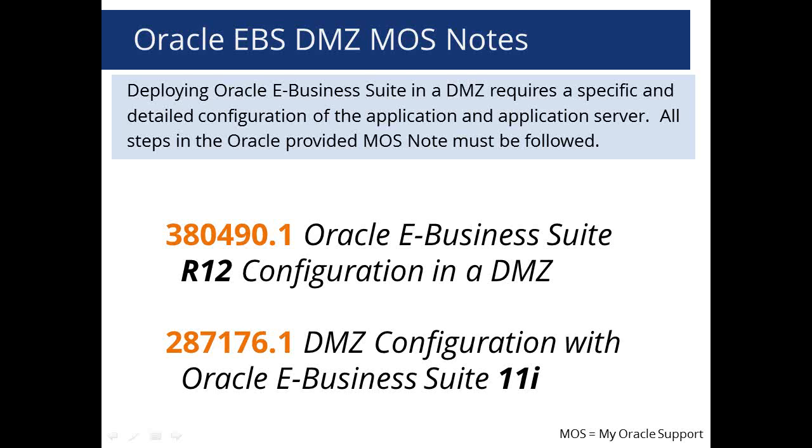In 11i, all those web application frameworks still exist. So you have to be careful you don't expose something that's older in the application because it's still there. Oracle doesn't remove a lot of those pieces when they're actually installing it. So within 11i, even though ModPL SQL isn't used as much anymore, there's a lot of ModPL SQL pages still